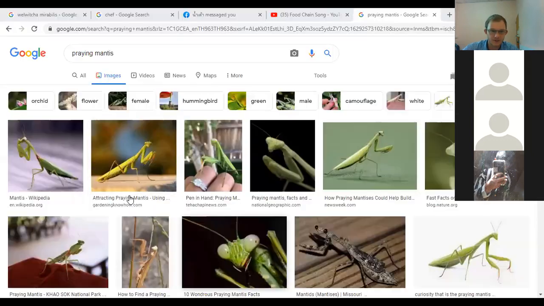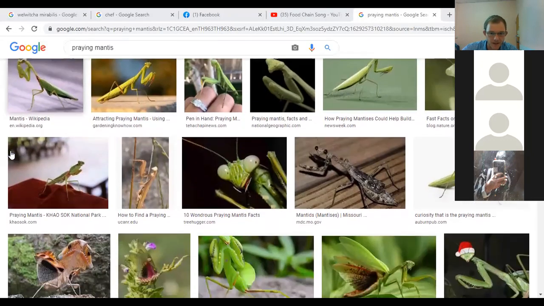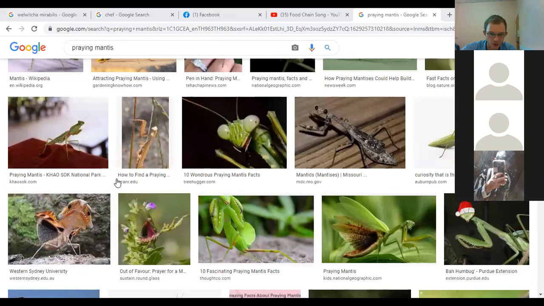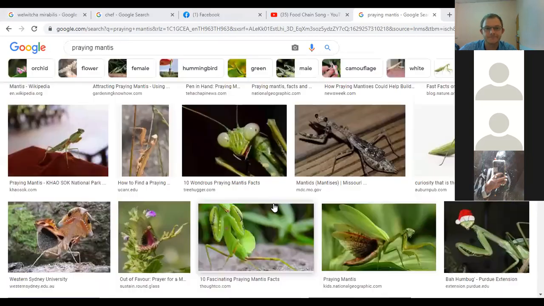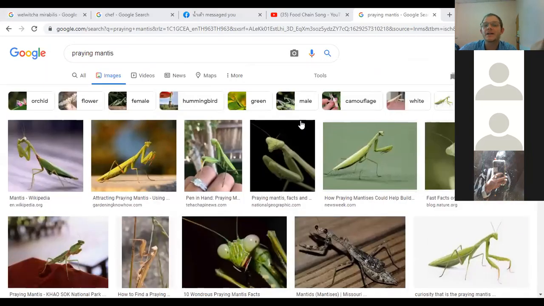Praying mantis. This is how a praying mantis looks. Now this one also likes to eat grasshoppers. So that can also be a secondary consumer. Okay.